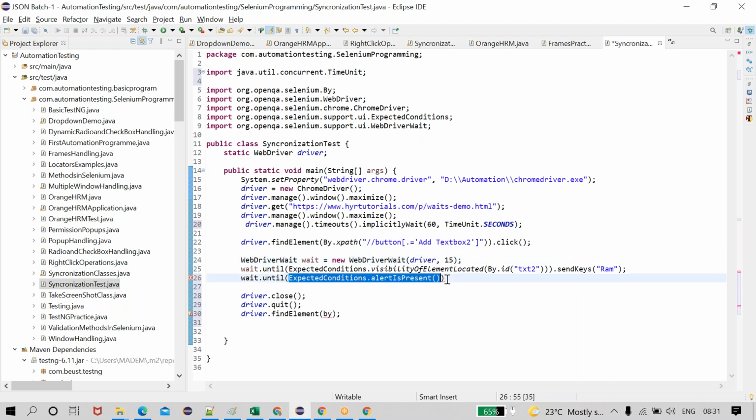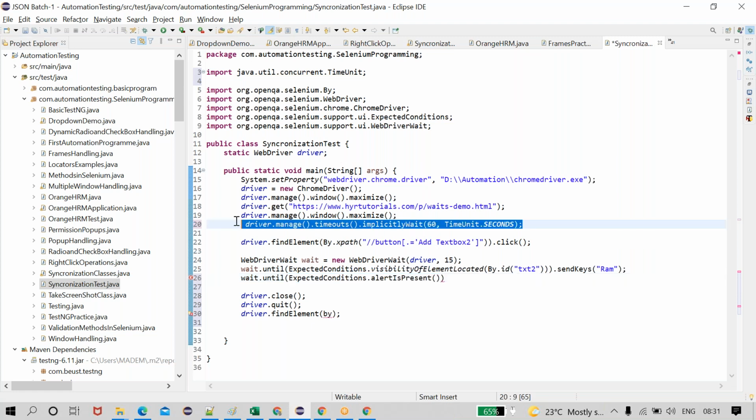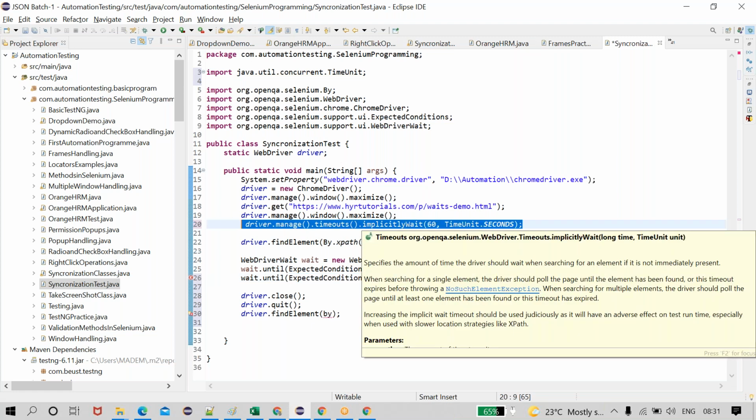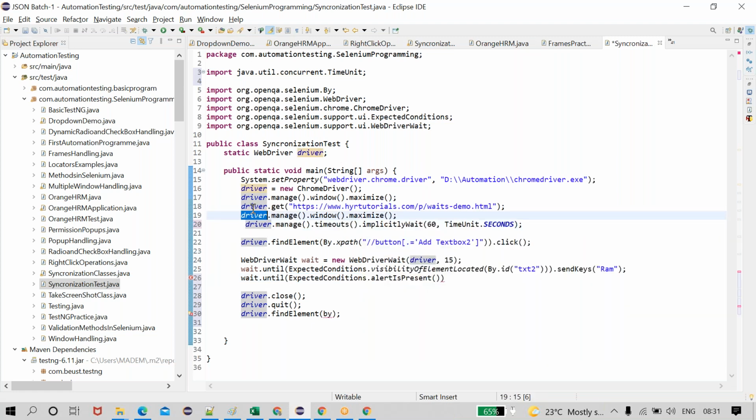Different types of methods are available specific to the functionality, whereas implicit wait won't wait for the functionality. It just waits for the driver. From the driver's perspective only, implicit wait is used. For explicit wait conditions, we use them for specific elements. An element that is taking time to load, on that element itself we use the explicit wait conditions.